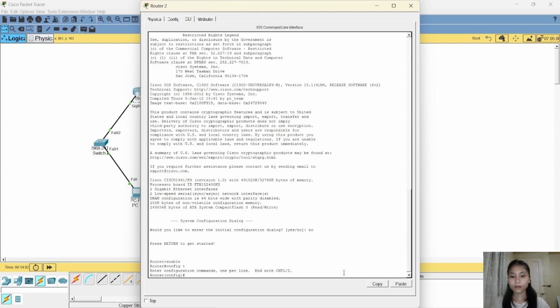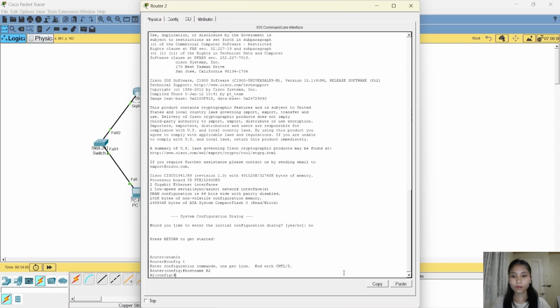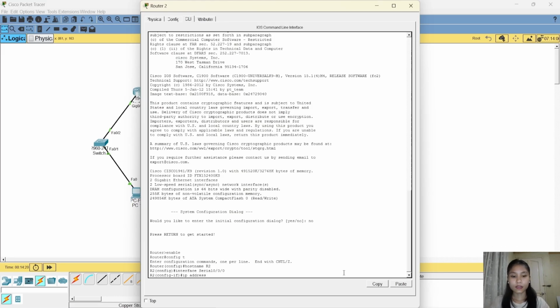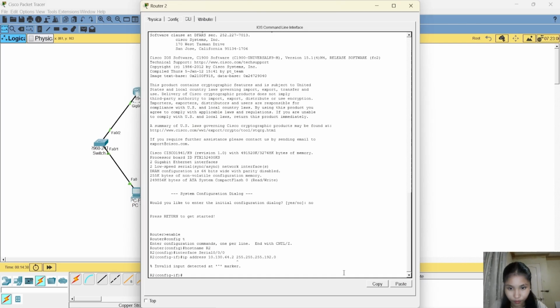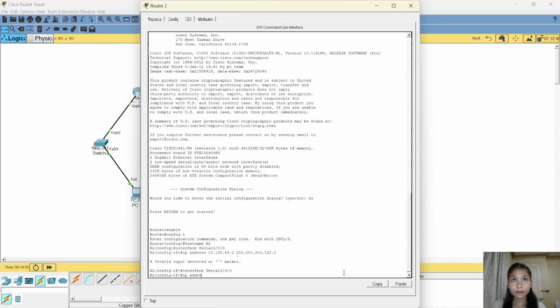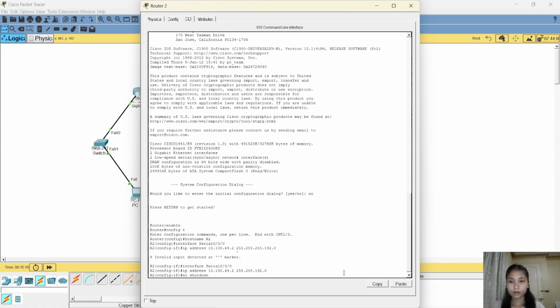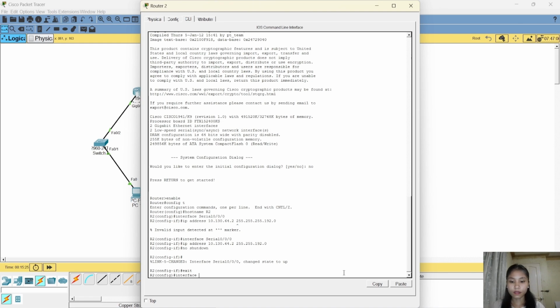enable, configure terminal, then hostname R2, interface serial 0/0/0, and then IP address 10.130.64.2, then 255.255.192.0, and then no shutdown, and then exit, and then interface gigabit